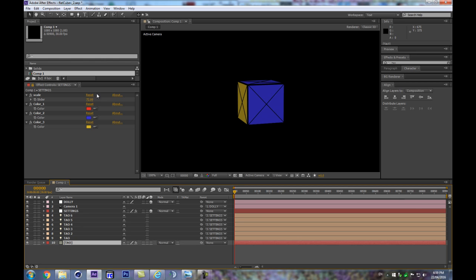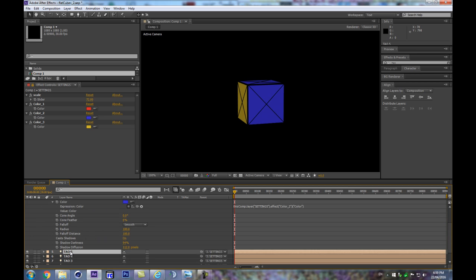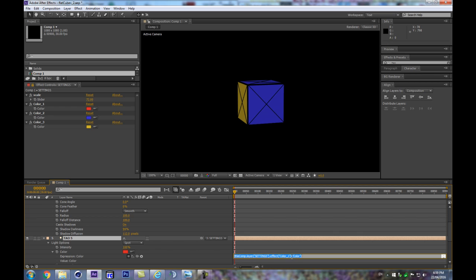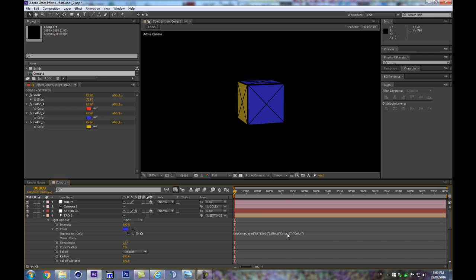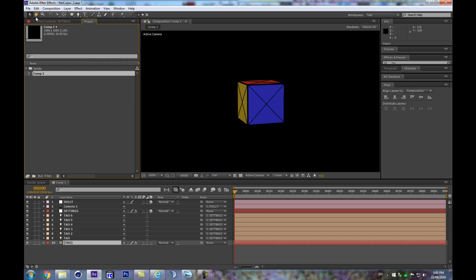So there we have our little cube here. Here are our 3 colors, and perhaps the other one that is blue, this one and this one, we can invert them. So let's make this color number 2, and let's make this one color number 1. So right on top we have our red color. Let's go back to TAO. So now I have this locked down, so I can simply bring this here,